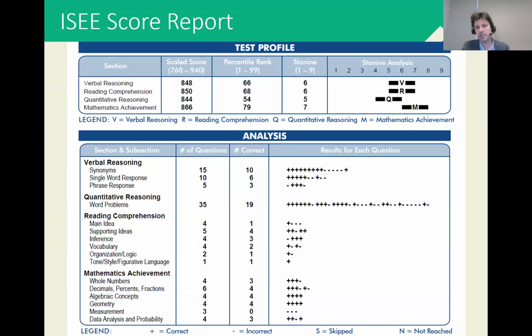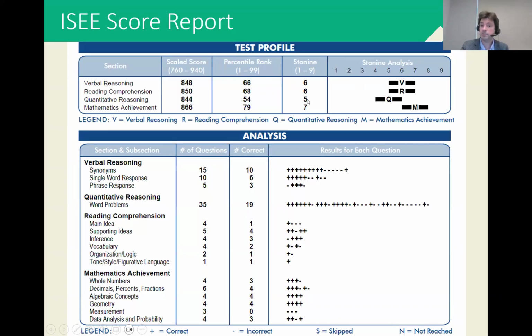But again, with any standardized test, there is always a standard error of measurement associated with the tests. And I give the ISEE some credit here, they're very upfront in acknowledging that the Stanine score does represent a range. And for the ISEE, that range is generally ±1 Stanine. And you can see that here. So for the verbal section, this particular student got a 6 on their verbal. But on any given day, that 6 Stanine could have been a 5, it could have been a 7.